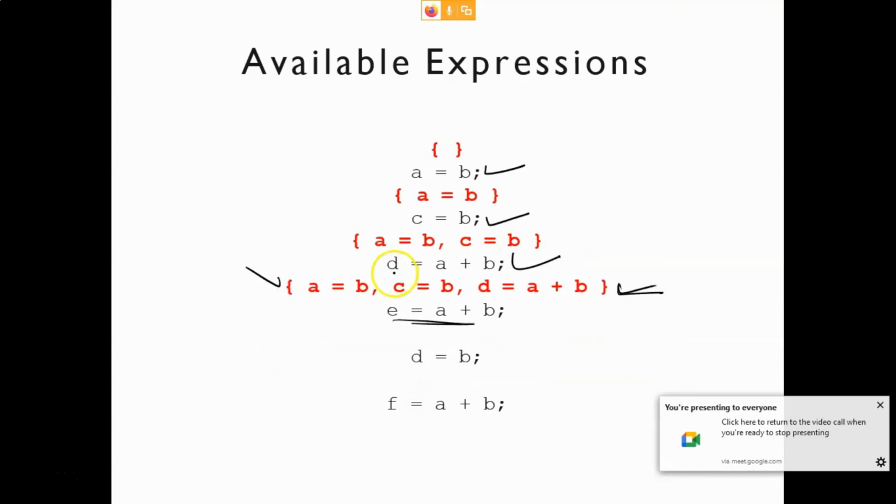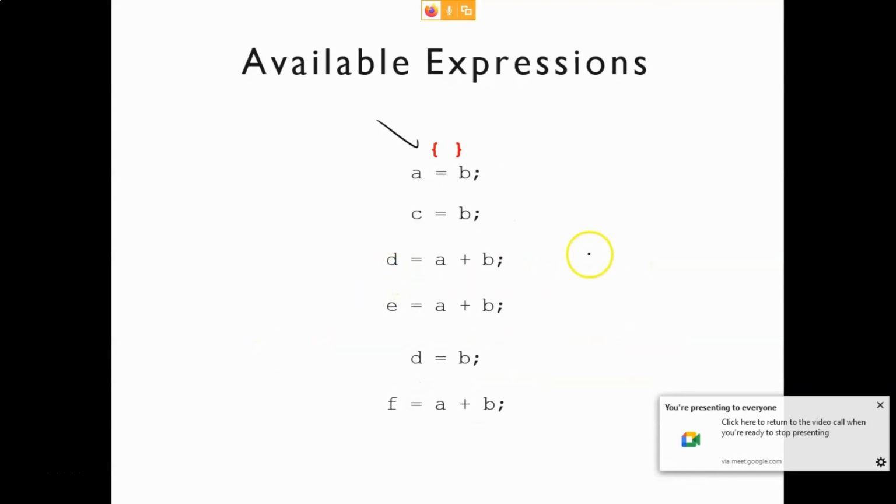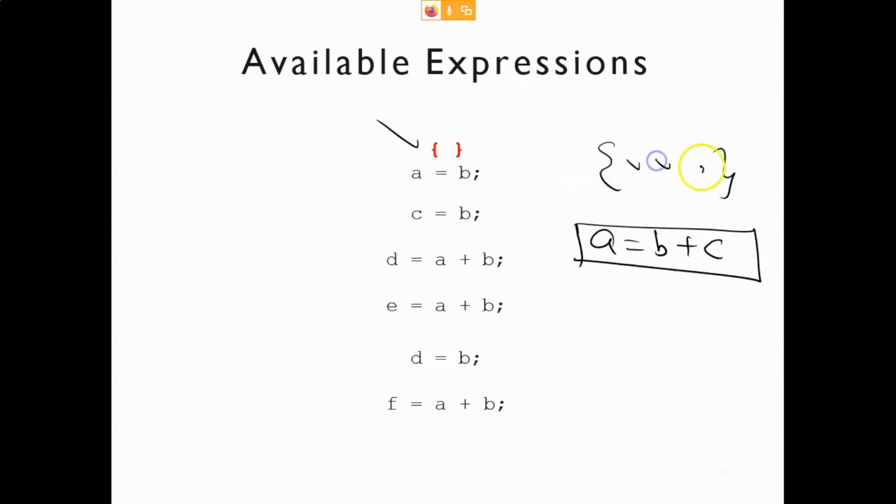Let me tell you just one more time, that if you have this type of statement, let's assume you have this type of statement, A equal to B plus C. Before this statement, let's assume this is your set of available expressions. Let me call it S in. Then what will be S out? Because S in is your set of available expressions before executing this statement. After executing this statement, what will the set of available expressions become?